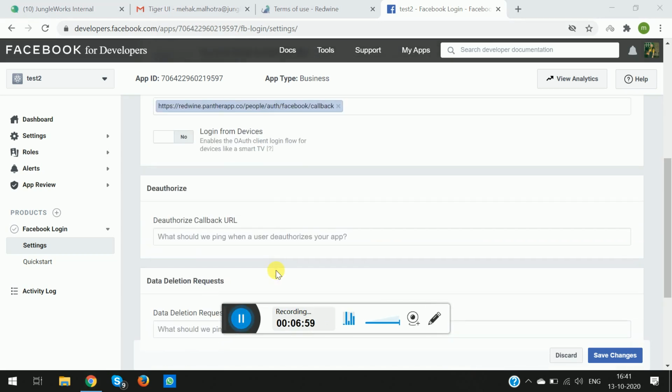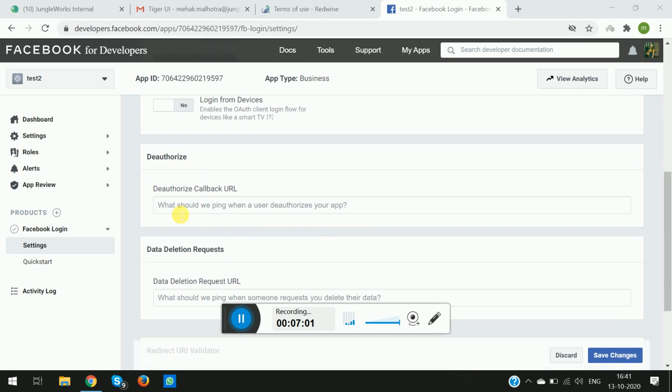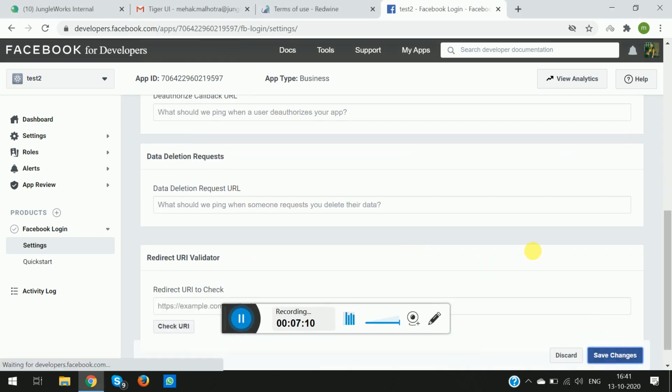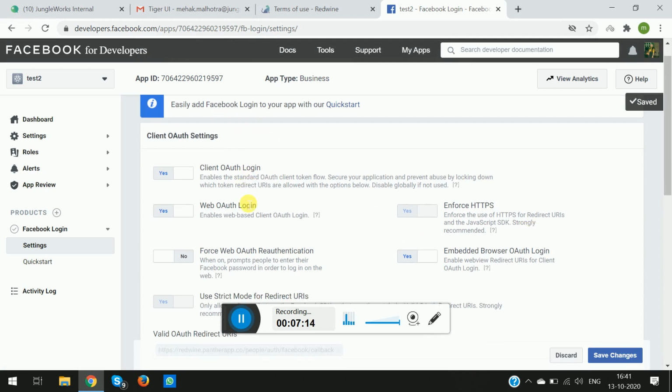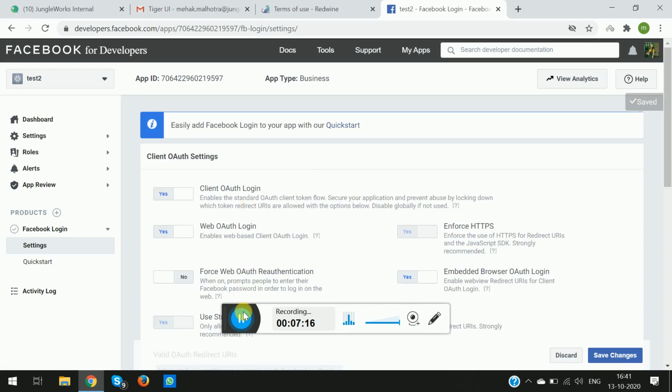Once this is done, please make sure the deauthorize callback URL section is empty and has no information added in it. Once done, simply click on Save Changes and the Facebook login is set up to use.